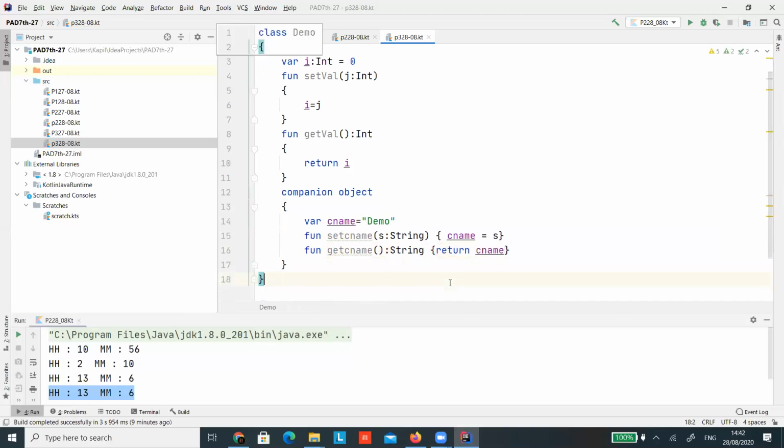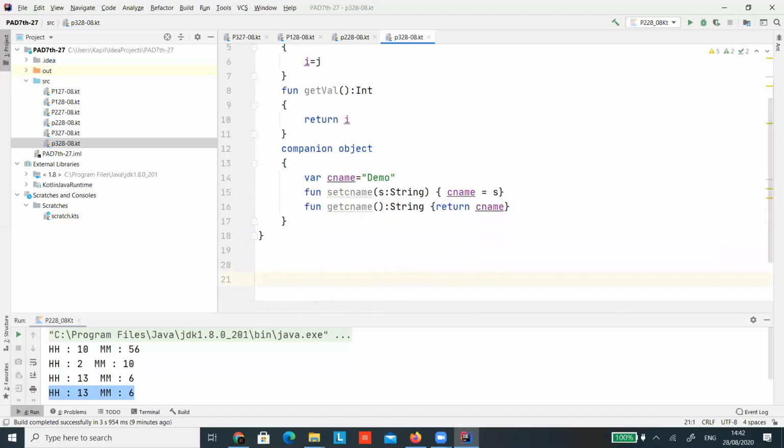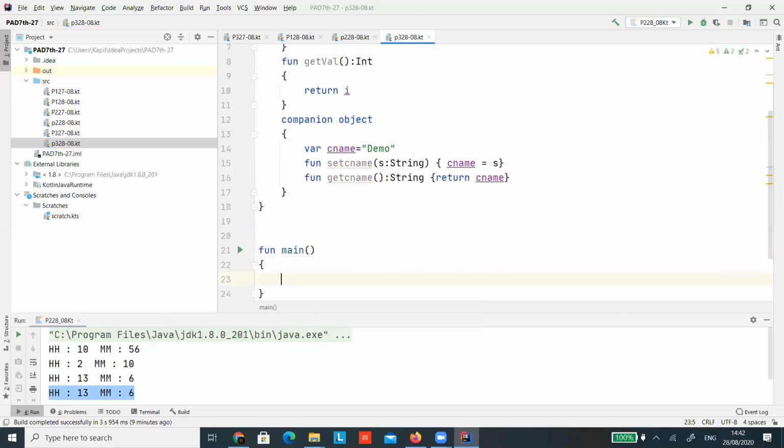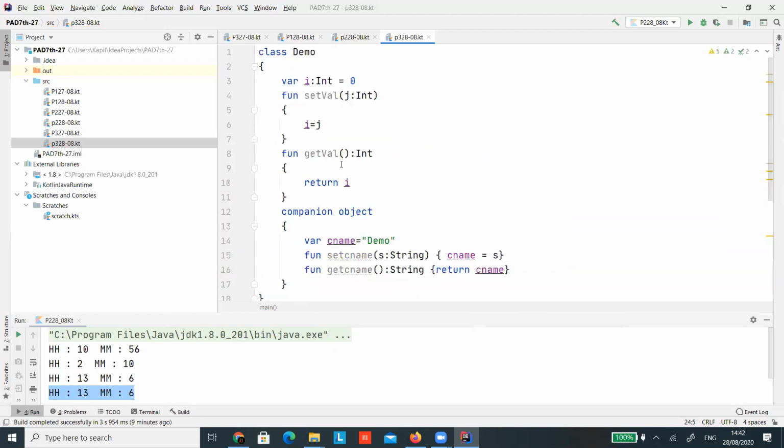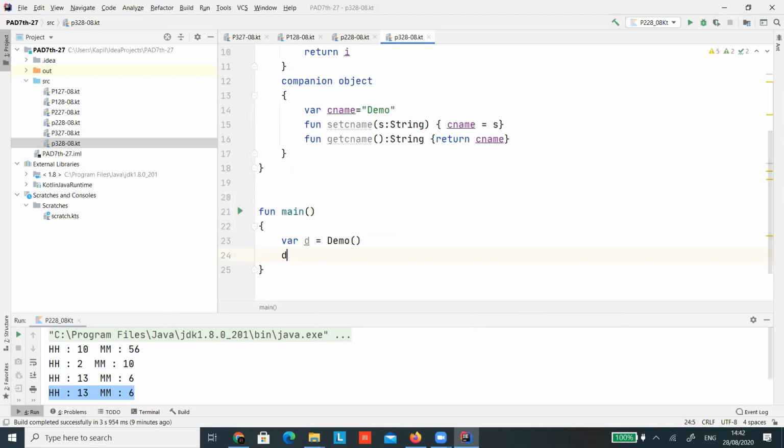Okay, now we are out of this function main. Now I can create one object, var d equal to Demo. Then after d dot, set value and get value will work.